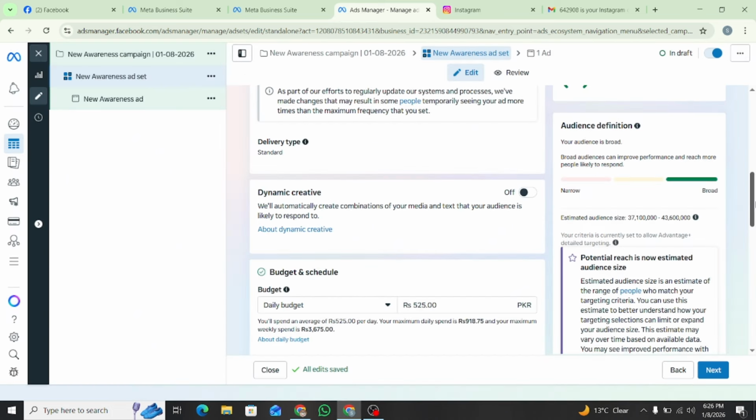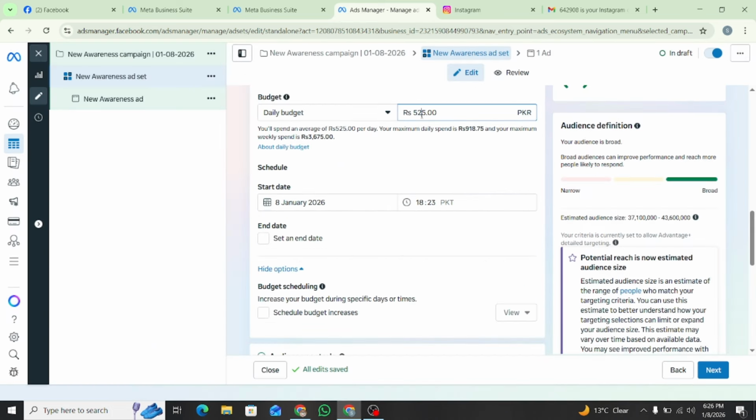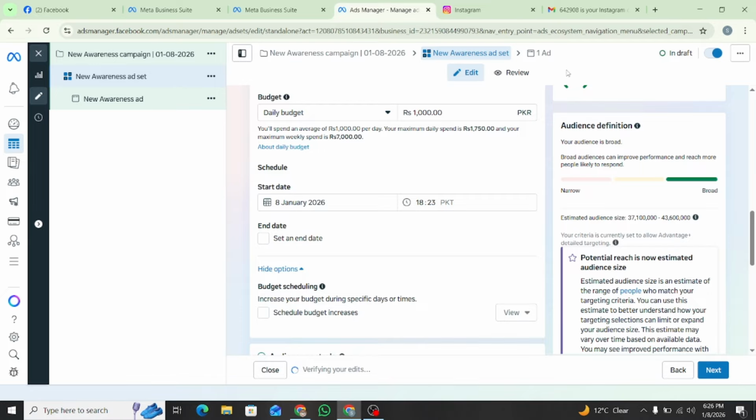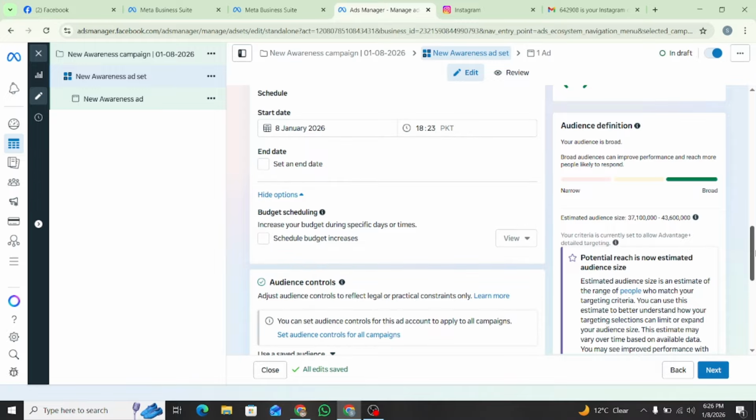Now I can select my daily budget. I will select a daily budget of 1000 rupees, and you can select your start date and your end date, but right now I don't want to select an end date. When I need to pause, I will just simply pause the campaign. So I just scroll down,